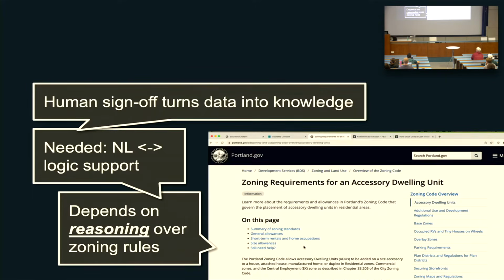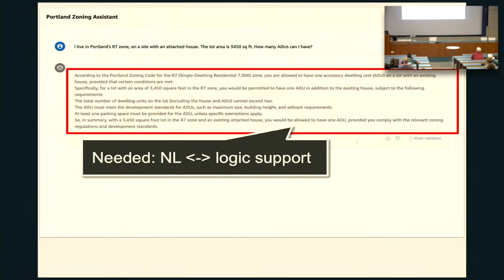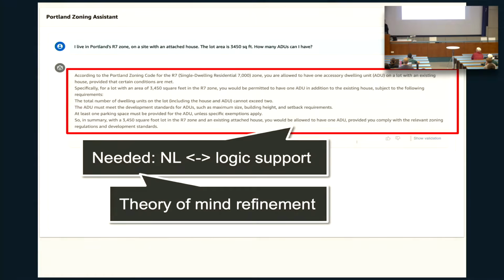The other thing we're after is, at inference time, to help a human who's asking a question get that translation right. And here what you really need is a theory of mind. When you're talking to people, you have a model of what they know and what they don't know. If you're talking to a friend's friend at a cafe, and they ask what you do, you're going to give a very different answer than if Laura asks you what you do. You're going to give a much more technical answer to Laura. So you have a theory of mind.